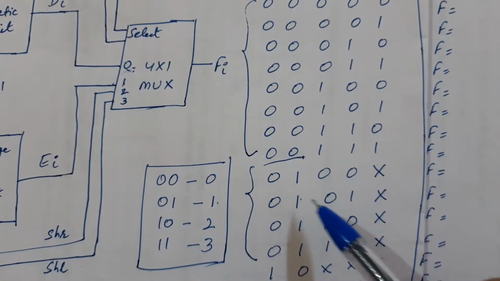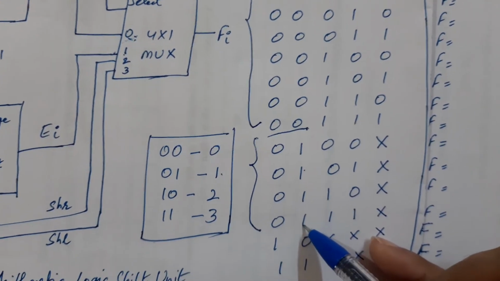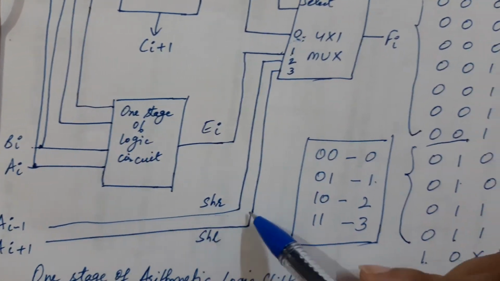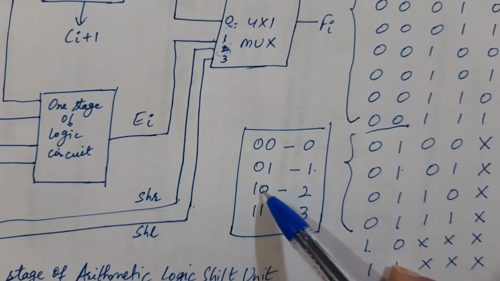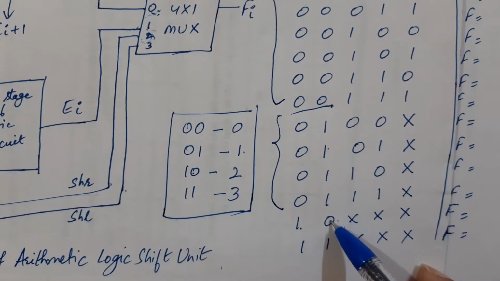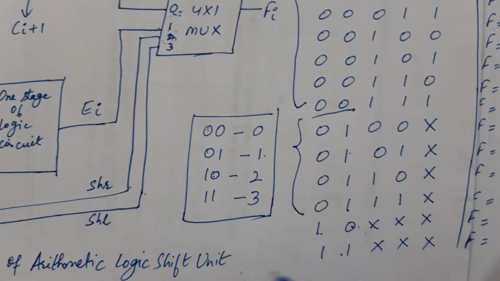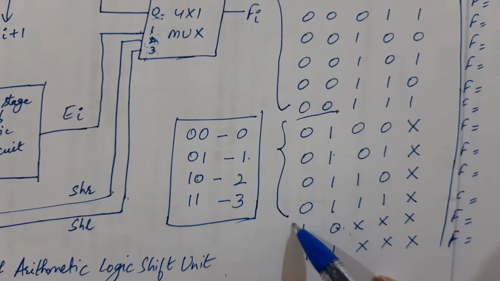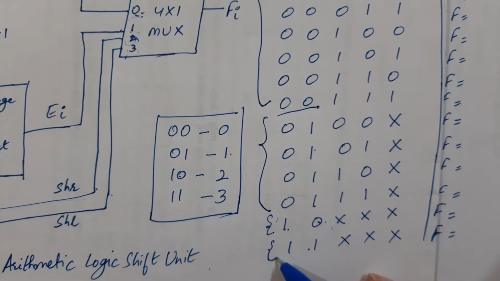So that means all the logic operations that are performed will have their output from here. Then is 1, 0, where 2 stands for 1, 0, and that is shift right. So here 1, 0 represents shift right. And next is 1, 1. 1, 1 is here the code of 3. So shift right, and here is shift left.